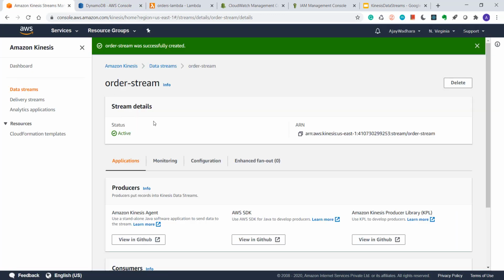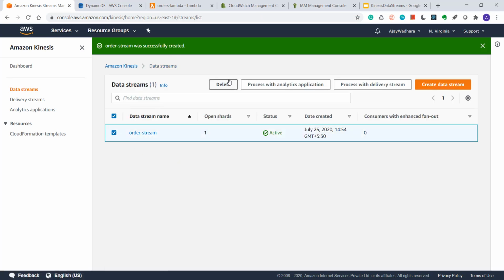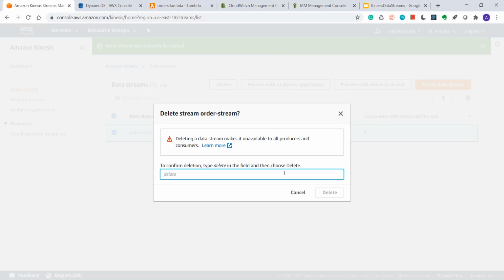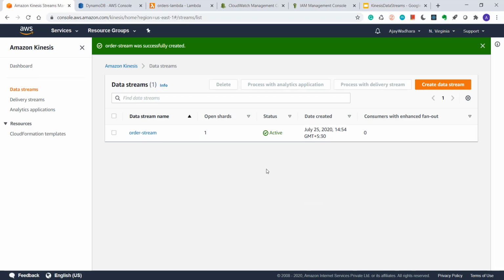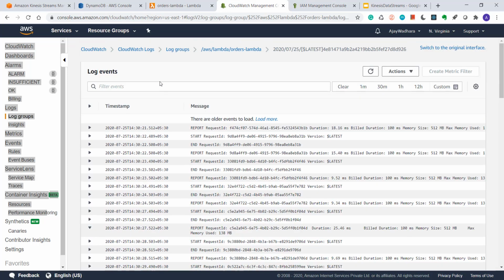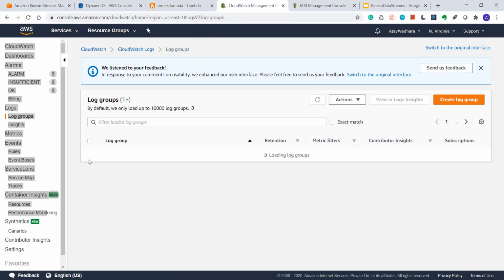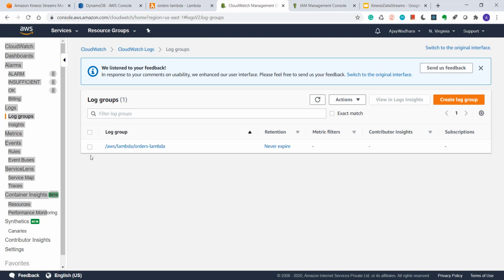Similarly, I'll delete my data stream. I'll delete my logs also. I'll go to my log groups and select my Lambda log group and delete that.